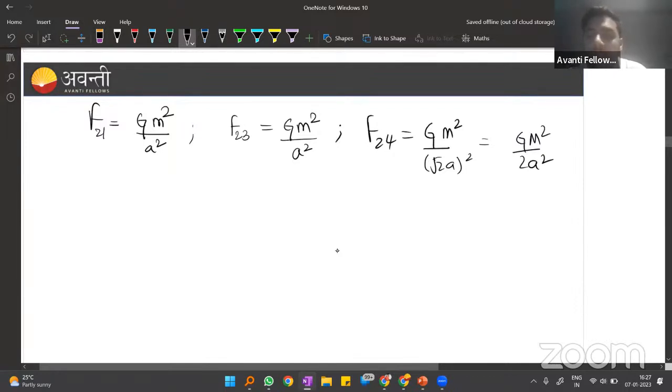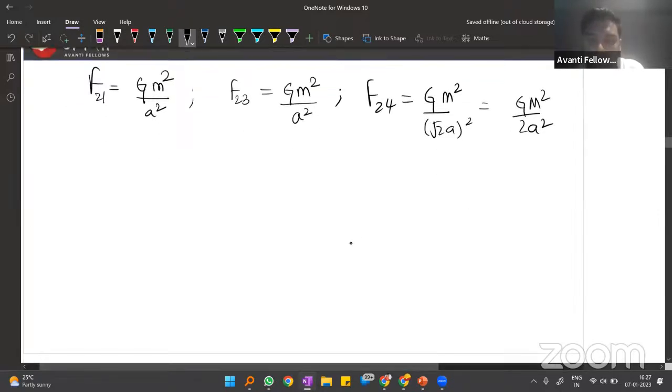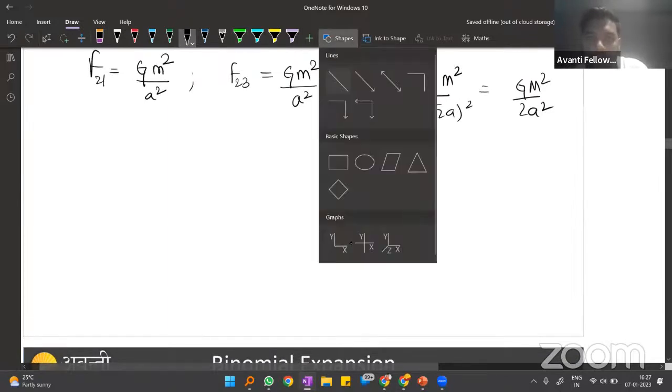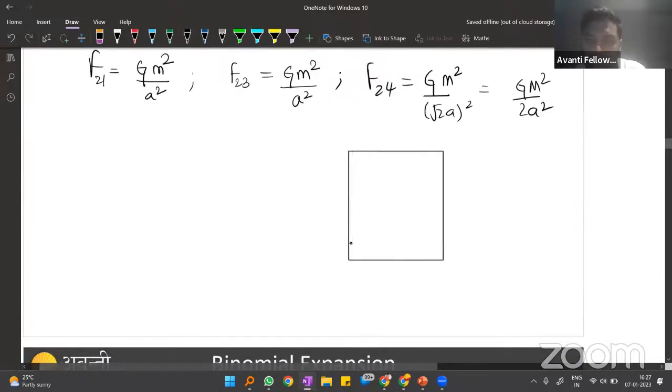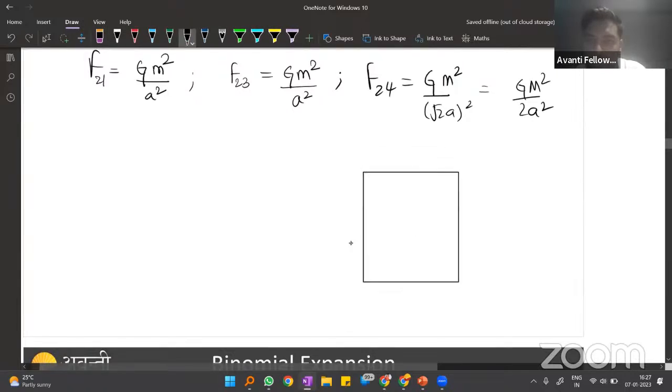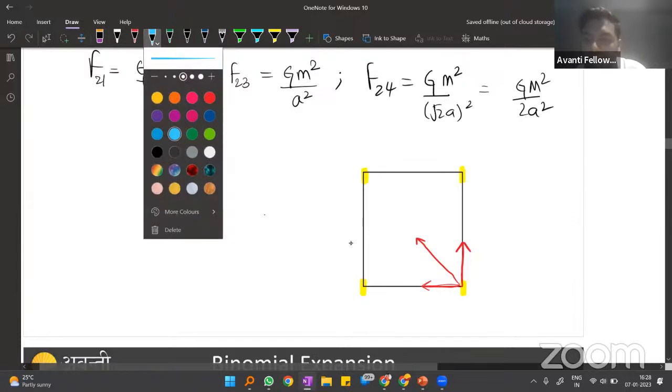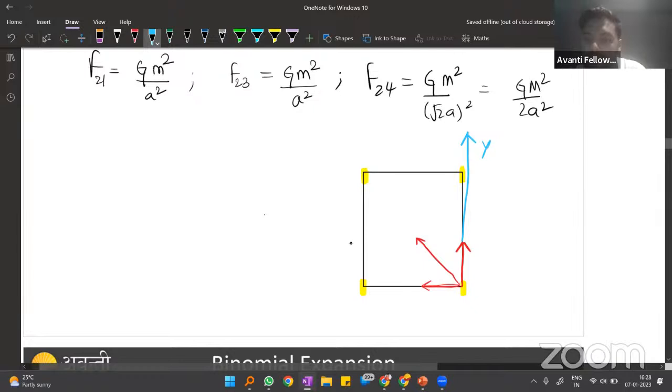Simple as that. Now, what we have to calculate, let me draw that diagram once again here. There were 4 masses. One is here, one is here, one is here, and one is here. So there are forces, right? First force is in this direction, second force is in this direction, and third force is in this direction. Now, if I make a coordinate system, let's say this axis is y-axis and this axis is